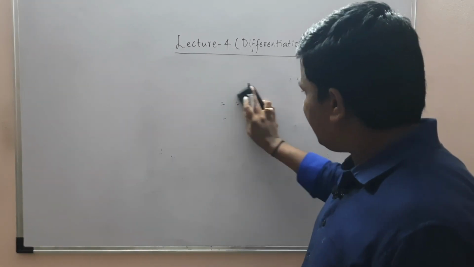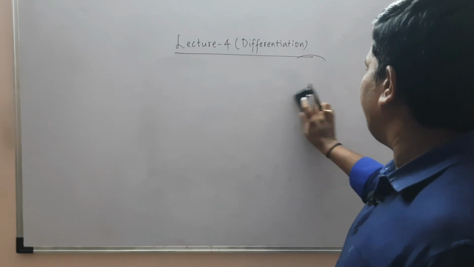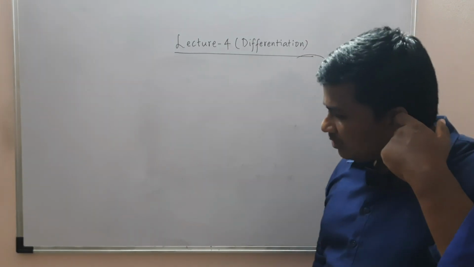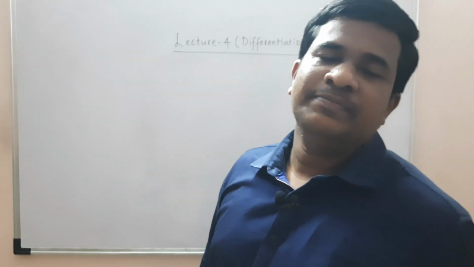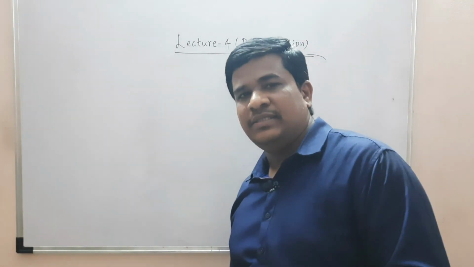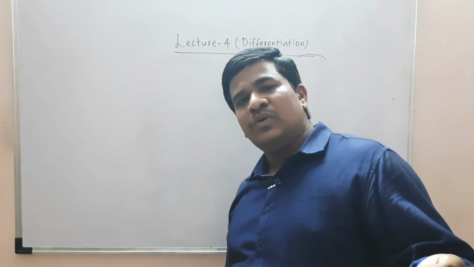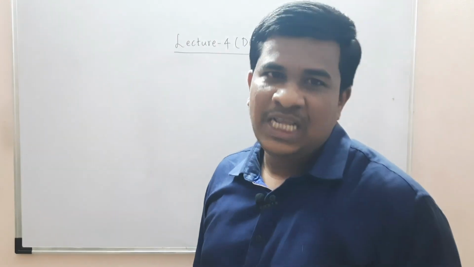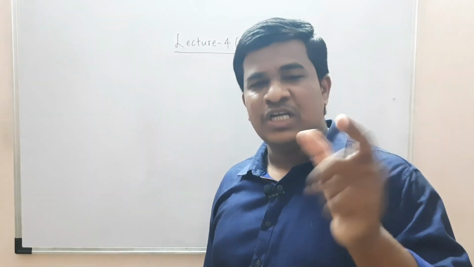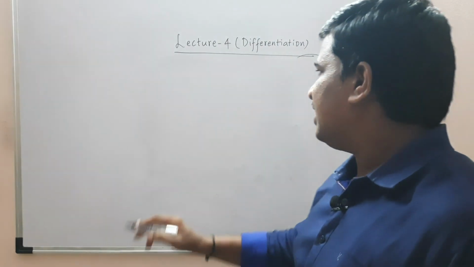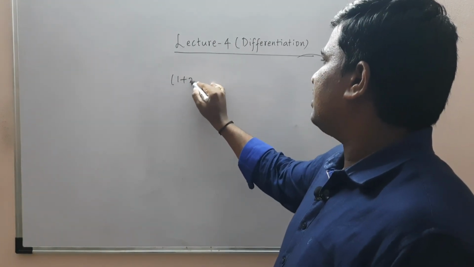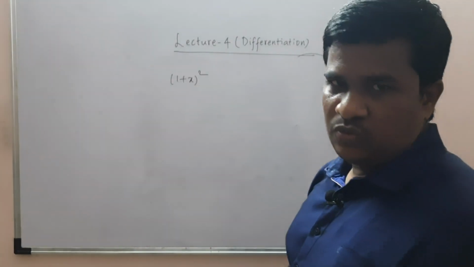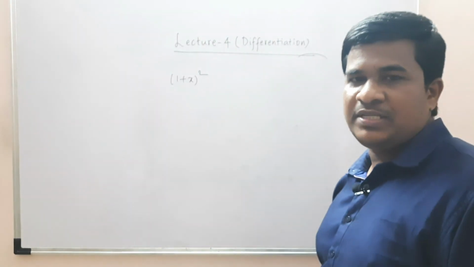And first thing you remember, okay, so we are dealing with very small quantities. Okay, you have to remember this. That is very important thing. And let us go back before going to know how a derivative is to be written for product of two functions. Let me consider this 1 plus x whole square. I have 1 plus x whole square.